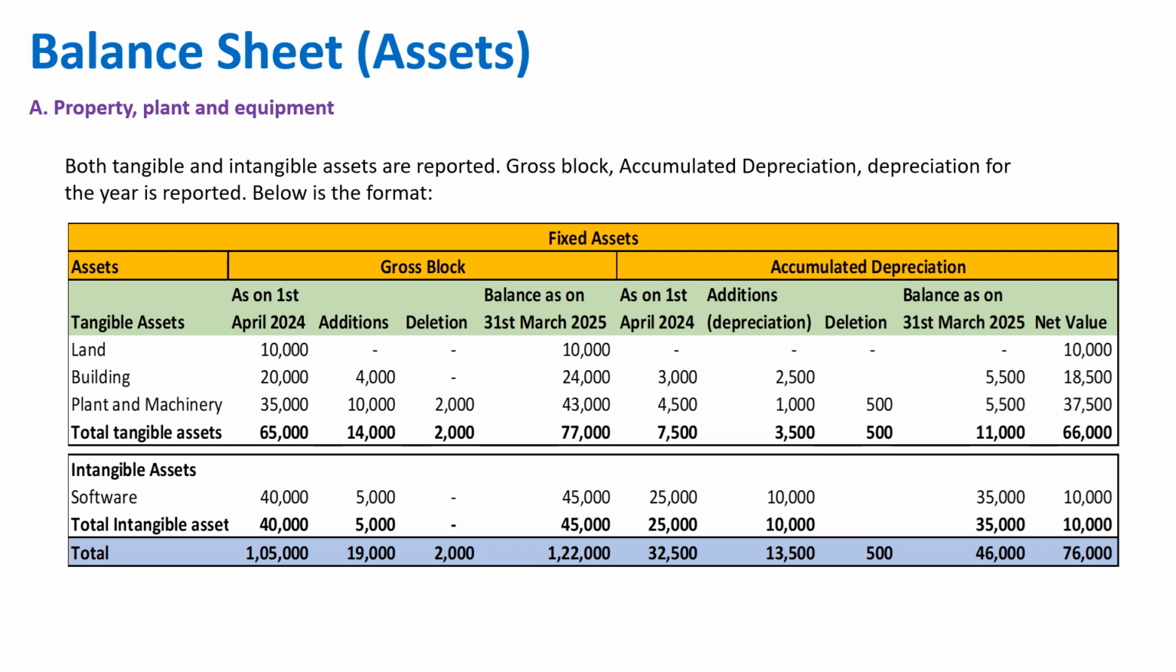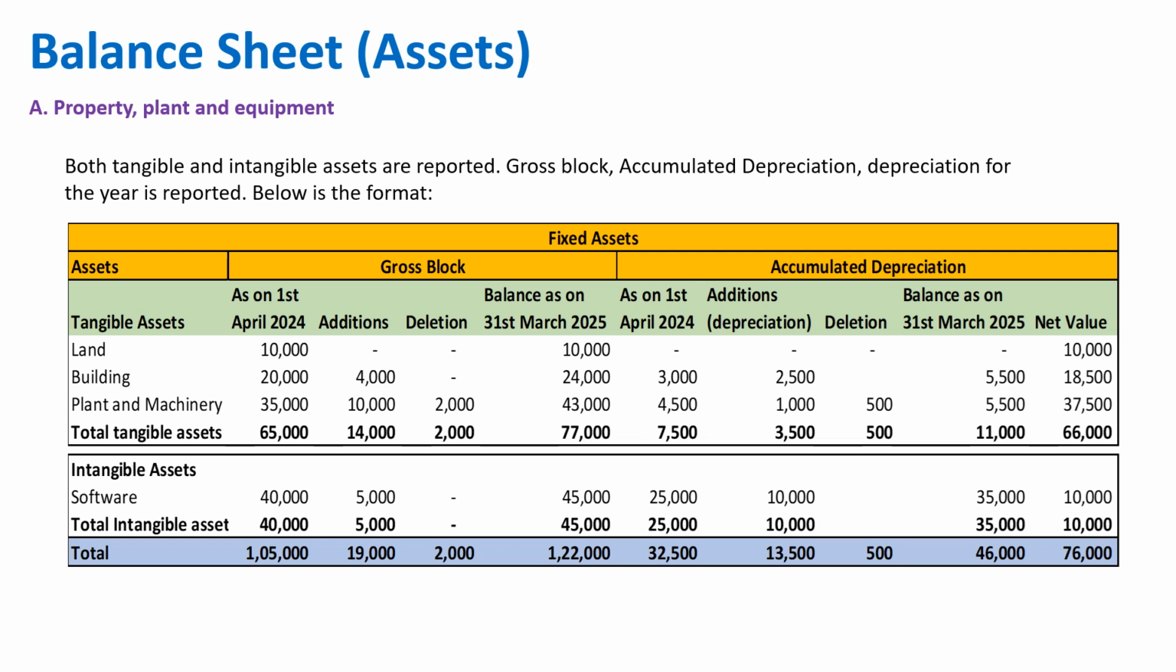Okay. I'll show you one example so you understand how it is reported. Let's take the example of land. In gross block, you have to give the movement, that is the opening balance, additions, deletions, and the closing balance. Similarly, in accumulated depreciation also, you have opening balance and additions. Addition means the depreciation posted during the year, then deletion and balance as on 31st March 2025. And what is net value? Net value is your closing gross block minus the closing accumulated depreciation,